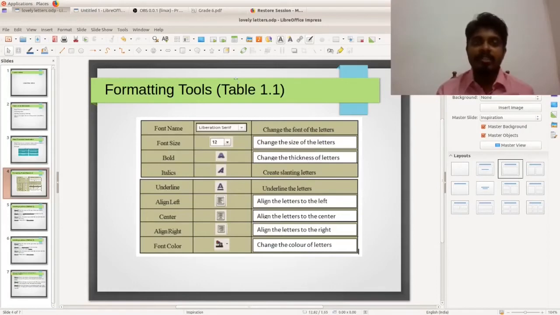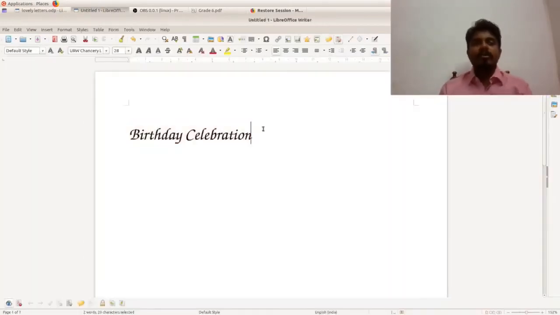Is it clear, my dear students? So I'll show it here. For making this text bold, first you have to select this text. For selecting the text, click and drag like this. Now you can see here bold.